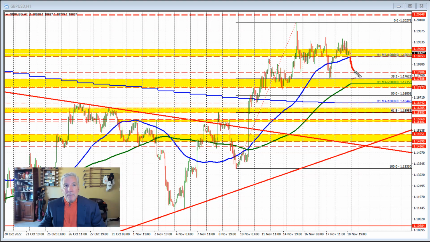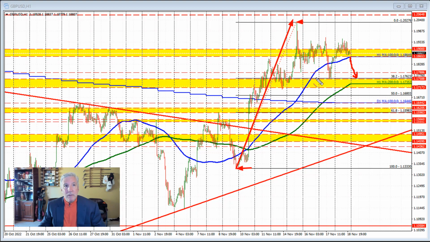If the price is able to get below that level, we'd look toward the 38.2% retracement of the trend move that took the price from this low around the 113 level up to the 120. So that's about 700, 800 pips. Pretty decent move to the upside. We're consolidating through here. If we break below the 100-hour moving average, again, we're going to start to look toward